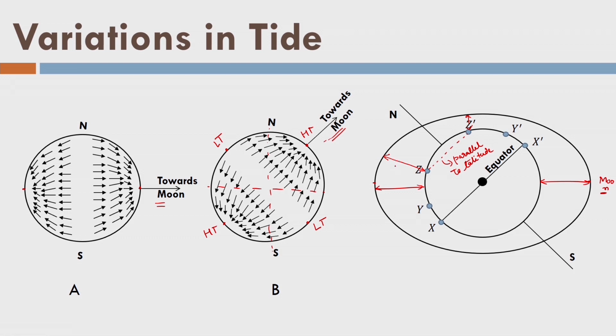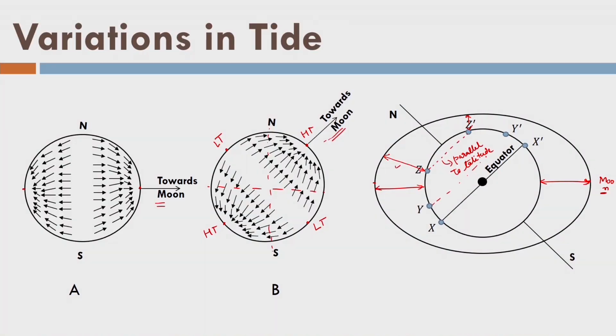Now, you can understand why we have different tides within a day also, because the points are away from the equator and the moon is not located at the equator, it will create different tide levels at the same parallel of latitude. Similarly, if you look at the y position here, which is again on the same parallel of latitude, this is the tide level and this is the tide level. So, we know that y and y dash will be having high tide in a day, but at the same time they will be having different tide levels.